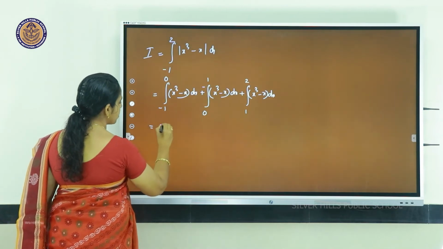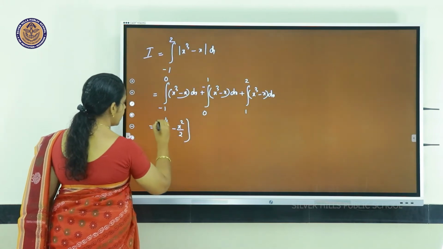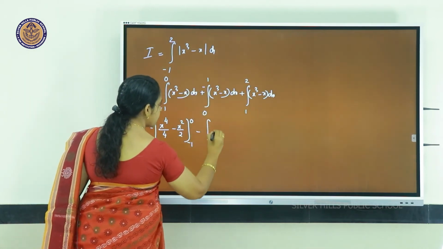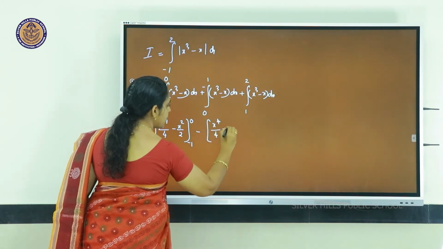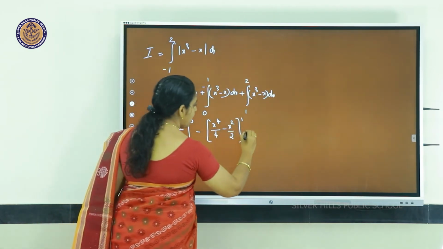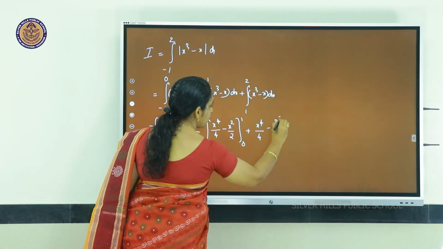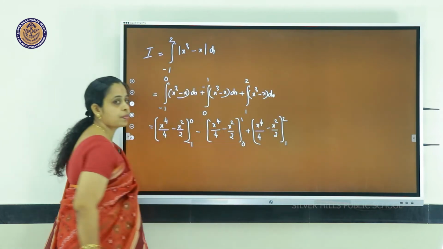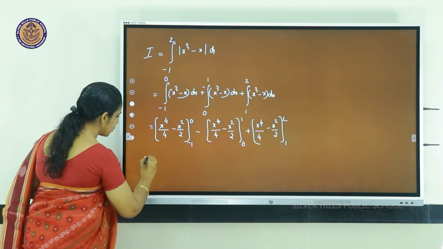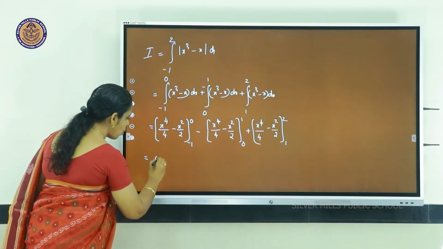Equal to x raised to 4 by 4 minus x square by 2 upon the limits minus 1 to 0, minus x raised to 4 by 4 minus x square by 2 on the limit 0 to 1, plus x raised to 4 by 4 minus x square by 2 on the limits 1 to 2. We integrated. Now let us give the upper limit minus lower limit. When you give 0, here it becomes 0, here it becomes 0. So, 0 minus